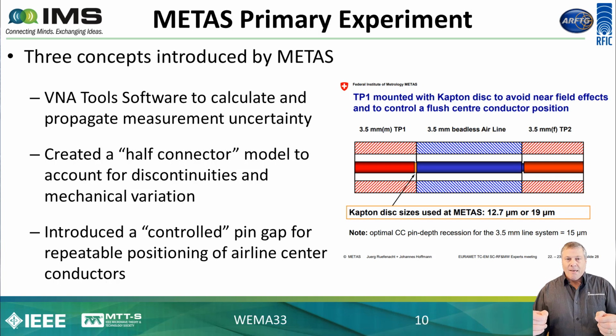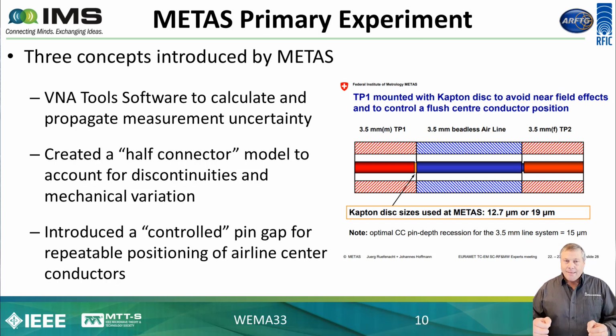So by design, that means we must have some small tolerance between the male and female connectors on the ends of the cables that allow that center line, that airline center conductor, to float slightly to the left and to the right. That has to be done, and because that center conductor can float, that has in the past created a large amount of the measurement uncertainty and the non-repeatability of the calibration or the primary experiment with that airline.